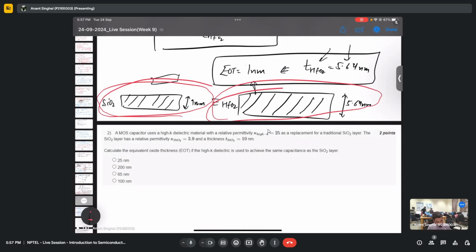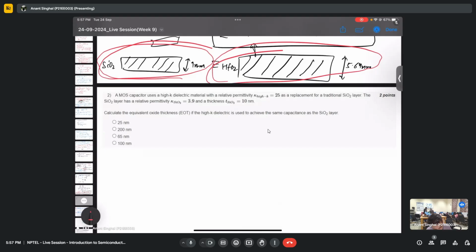This is a very simple numerical now. We have a MOS capacitor in which we are using this high K dielectric material, which is basically 25. So it is HFO2 as a replacement for a SiO2 layer, which has a permittivity of 3.9, and it is given that the thickness of SiO2 is 10 nanometer. So basically you know EOT is 10 nanometer. You need to calculate the equivalent oxide thickness